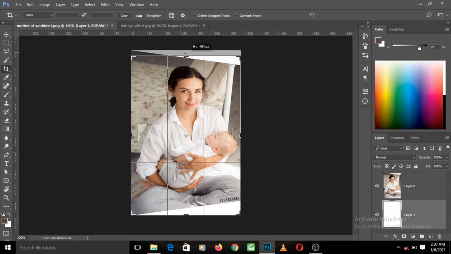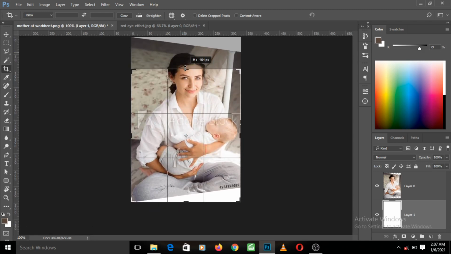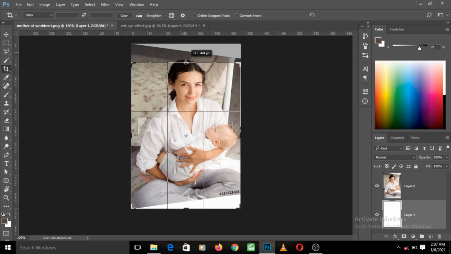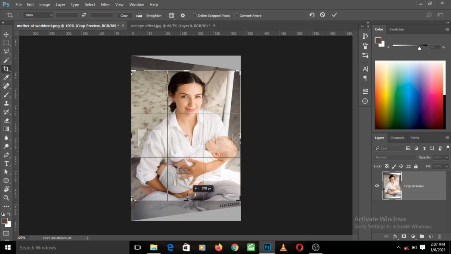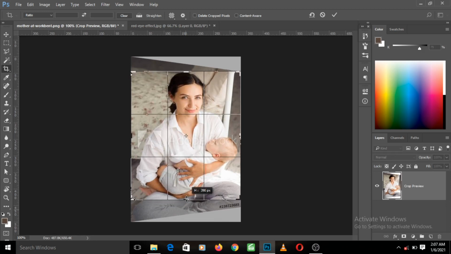I can just drag it down here. If I want to crop it to around this place, I can drag it up to this level.